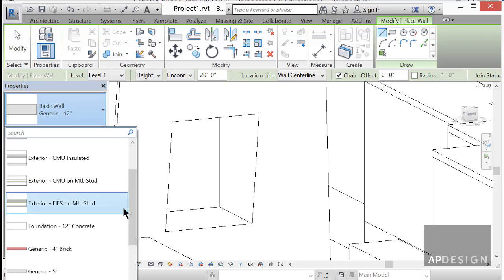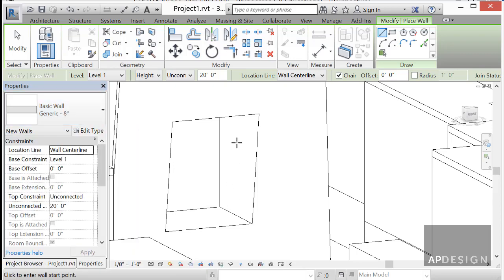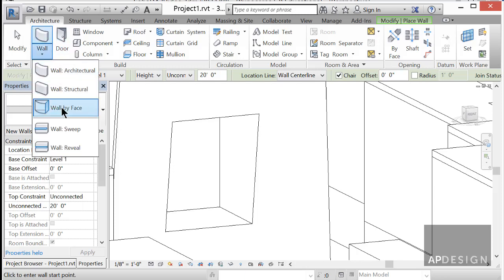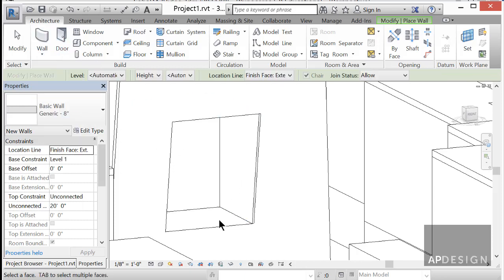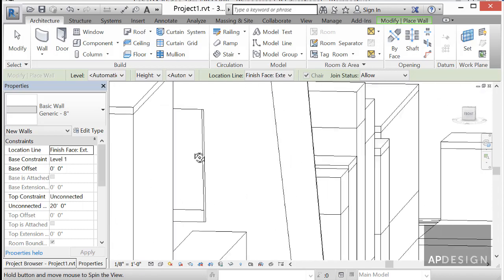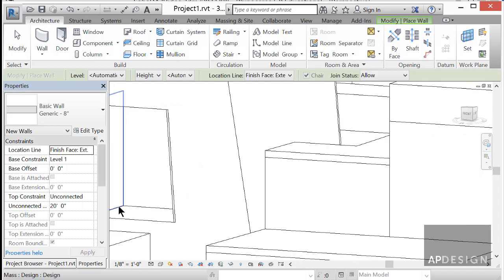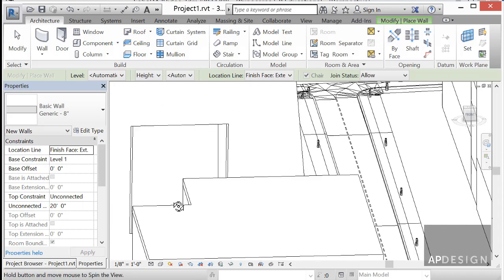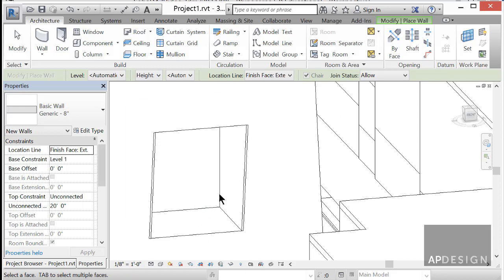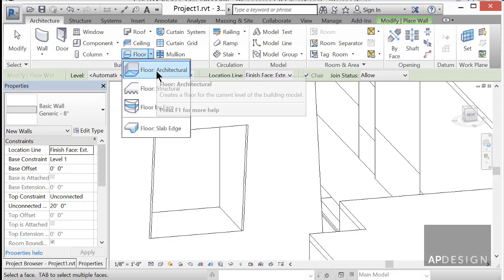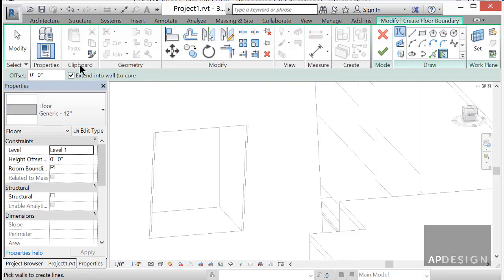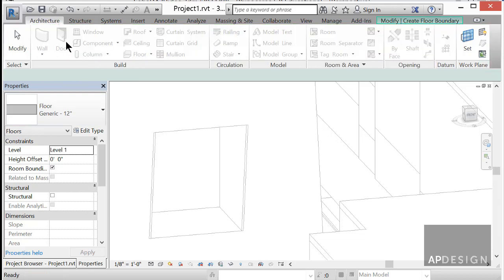I'm not sure if I'll use this 12-inch. Maybe I'll go ahead and use the 8-inch generic wall for this one, and we'll do the wall by face. So we'll click on these 2 walls. I might leave this one blank. I don't know if I really want that to be opaque. And we'll go in, give it a floor. Keep on forgetting to hit